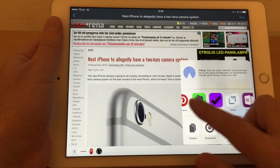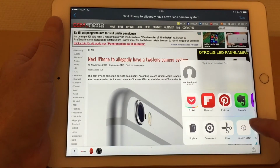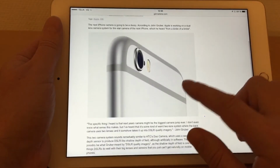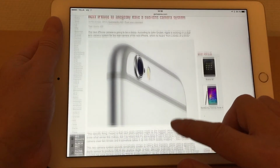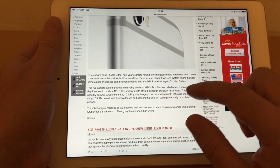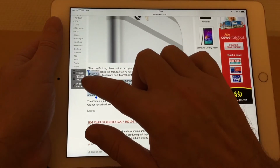Then I have to open it in Safari first because I have some stuff in Safari that I need. So I click on this share sheet extension, open in Safari, and the article opens in Safari, and I don't have the best internet connection here, so it takes some time to load the page, but here it is. Then I first save this photo to the iPad, and then I choose the best quote. I want to have a quote so I can blog about that. So let's say I choose this quote, this paragraph as a quote,